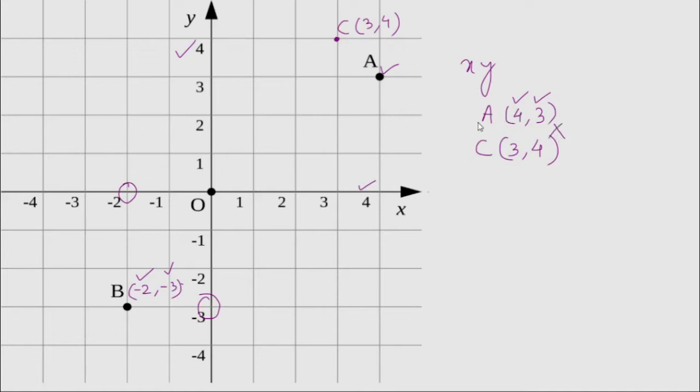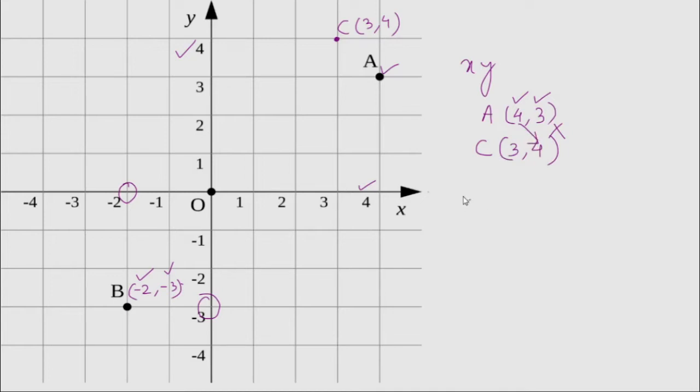So what we can conclude here: when I interchange the coordinates or the elements, in case of point A, 4 is the x coordinate, whereas in case of C, 4 is the y coordinate, and similarly 3 has also changed its place.